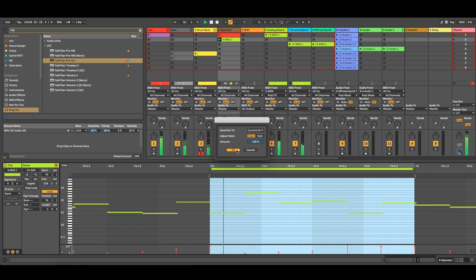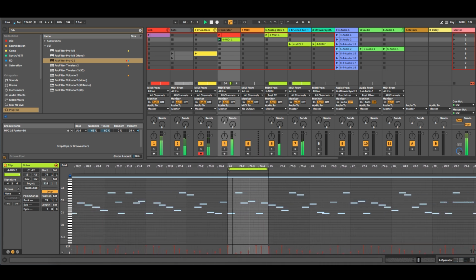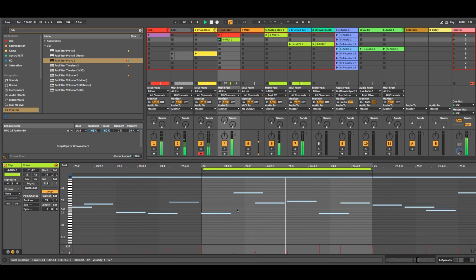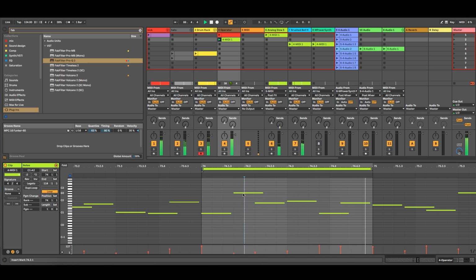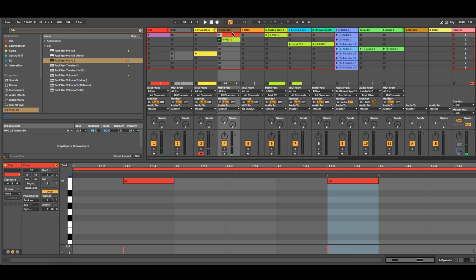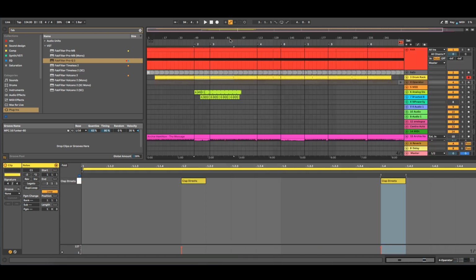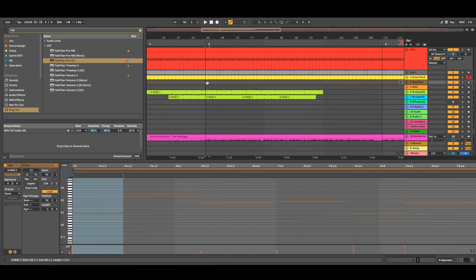Can put myself in 116, quantize it to current grid, but yeah, current grid is good because it goes with it, and I'm on 100%. And that's already a bit more interesting than this.